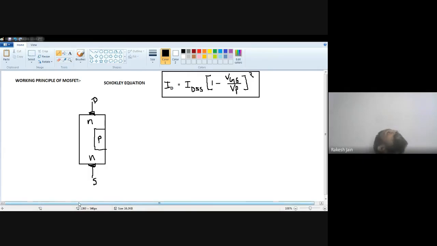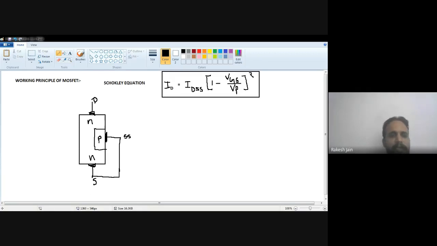The third terminal taken out from this is the substrate terminal, also known as SS. So the substrate is internally connected with the source terminal. That's why we use the double S word. The substrate is shorted with the source terminal, and the source terminal is the bottom one.